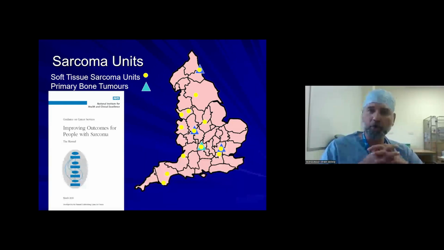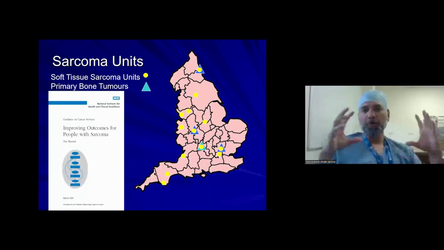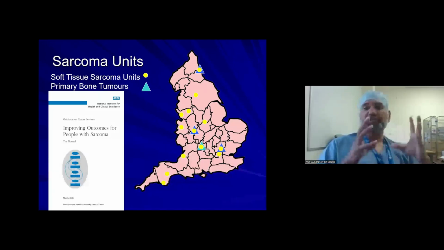So in Oxford, we've got a catchment of about 10 million. I think London is definitely bigger than us. I think they see about 1 million. Then Birmingham is probably the biggest unit, not just in the UK, but also in Europe at present. So in terms of the workload, especially after Oswestry had paused for a bit, all of the patients from Wales and west of England were coming up to Birmingham as well. But anyway, these are the specialized tumor centers where you are expected to refer your patients